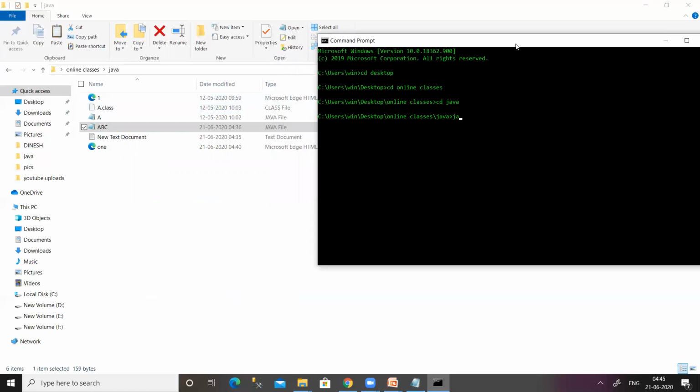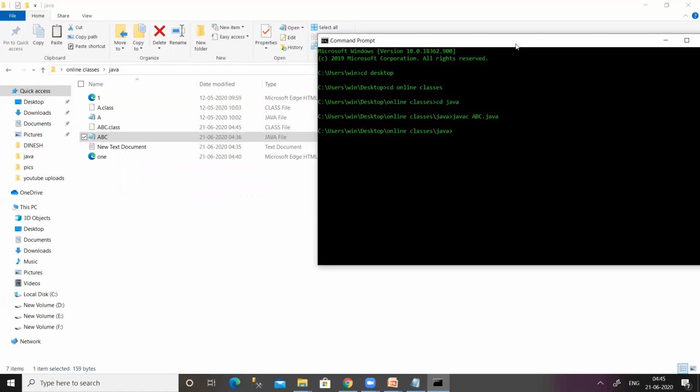Now, in order to compile a Java program, we have to use a command called javac, which is used to compile the Java program. I just press enter after giving the file name abc.java. I don't get any errors, that's why the command prompt is showing the same path.